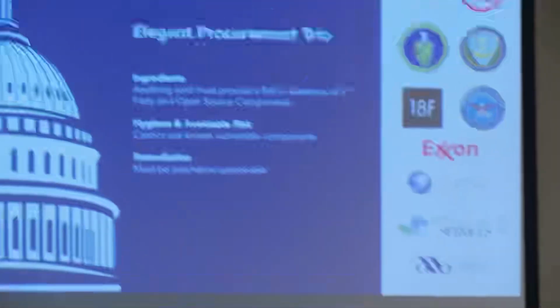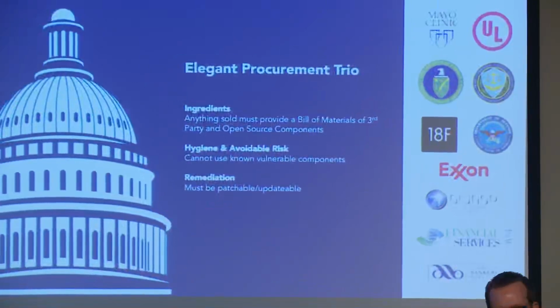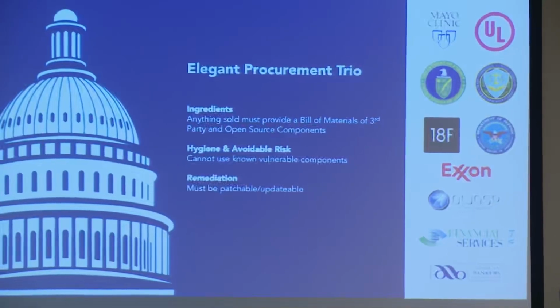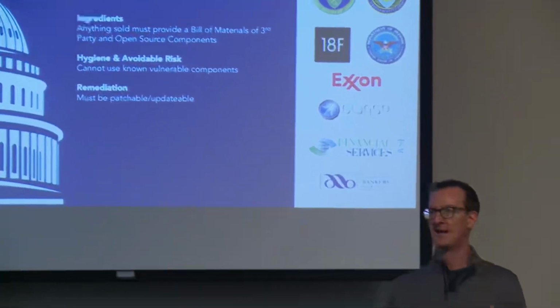So one of the cool things that happened between last year and this year, right? Last year we were talking about OWASP and the top 10 and FS-ISAC. They have guidelines for their members or the top 10 list that say don't use components with known vulnerabilities. But the traction around that concept was gained significantly over the last year, where we saw evidence through the Department of Defense, the Department of Energy, the American Bankers Association, 18F,